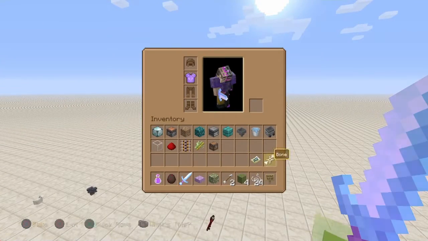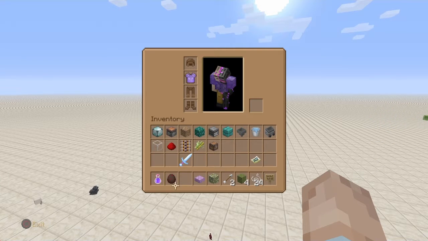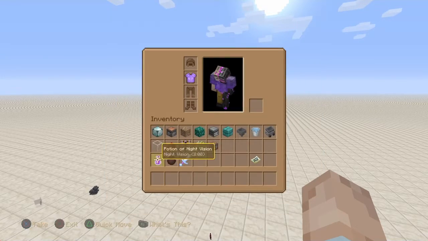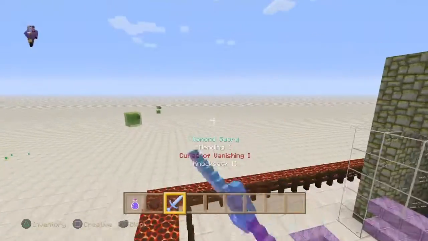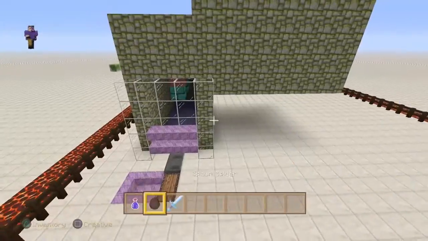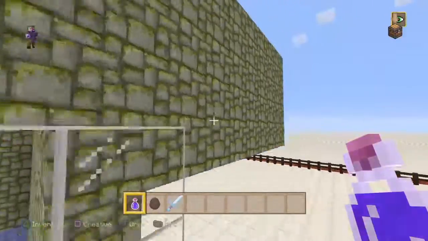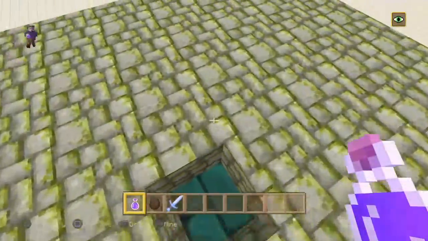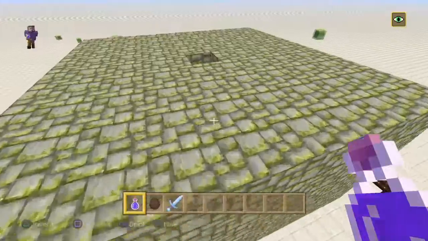We don't need this. The only things we really need for this demonstration, for me to explain how this works, are these items right here. I don't need that. Okay. This is just in case any skeletons that spawn riding the spiders show up. So we're going to use night vision, right? So we can see inside there. So if we go in here, guys,